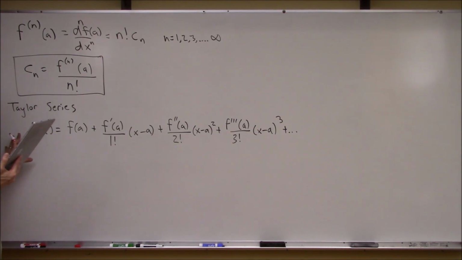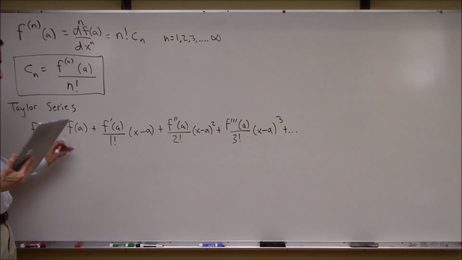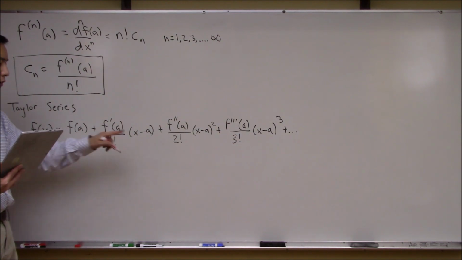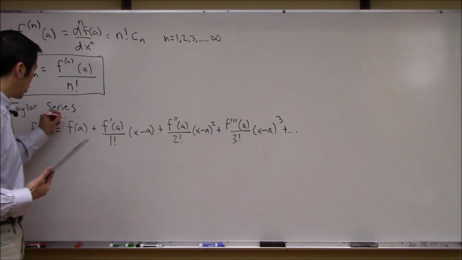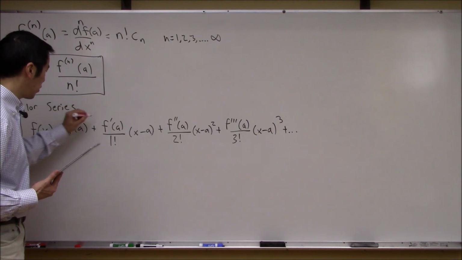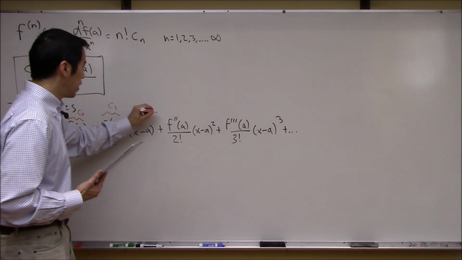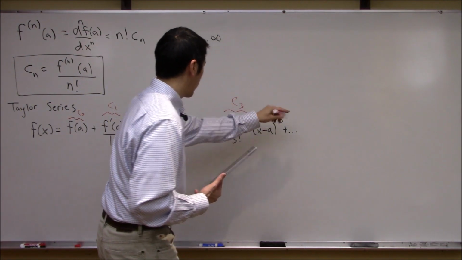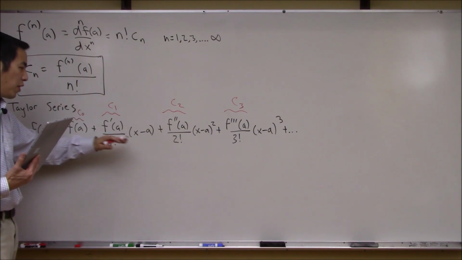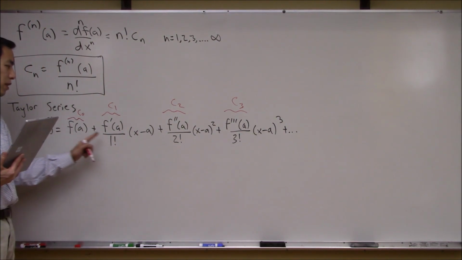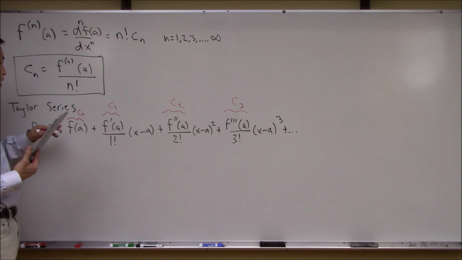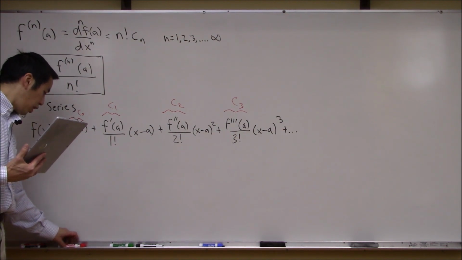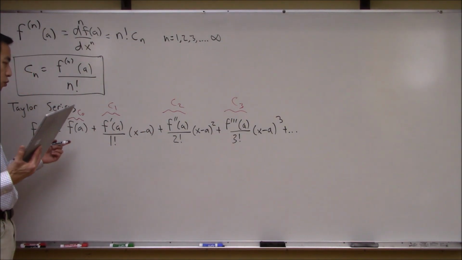All right, so I've just rewritten our power series, which now becomes a Taylor series because we are choosing a very specific set of coefficients. Here's our C0, here's our coefficient C1, here's our coefficient C2, here's our coefficient C3, etc., on to infinity. Because we've chosen this specific set of coefficients for our power series, this is what's known as a Taylor series. The more compact way that you'll usually see this written, I think we all see the pattern at this point,